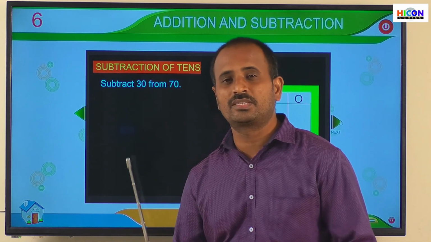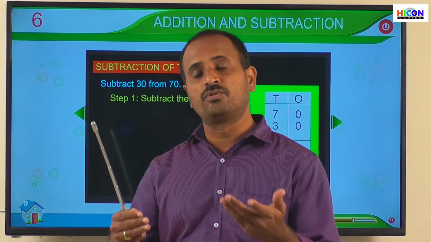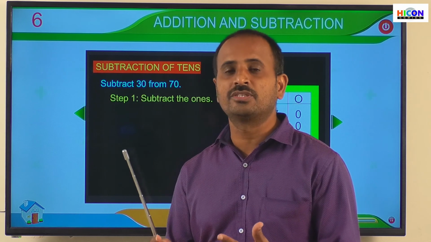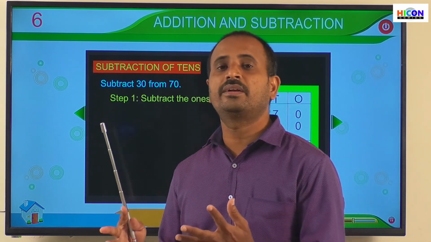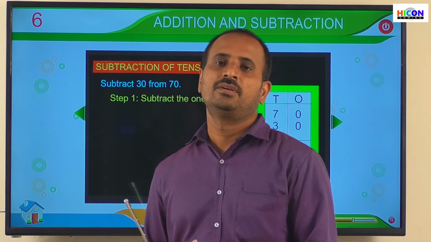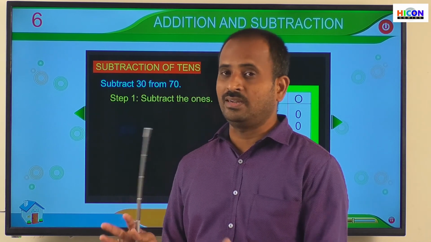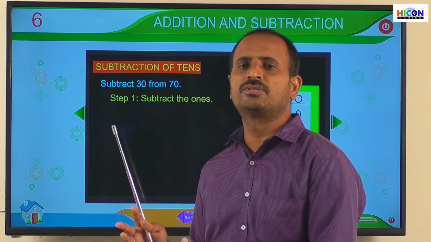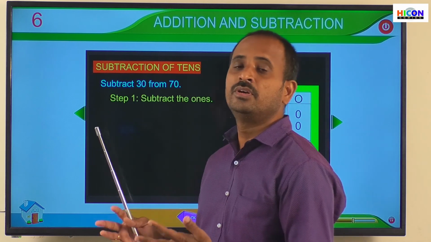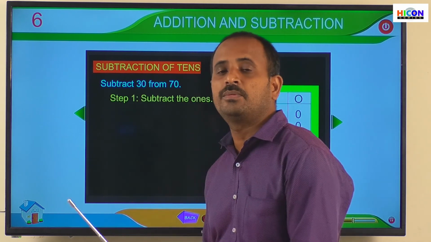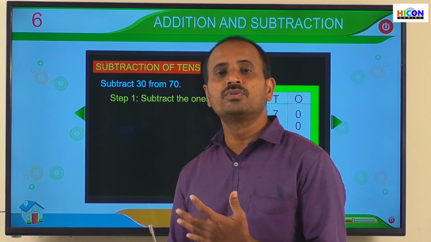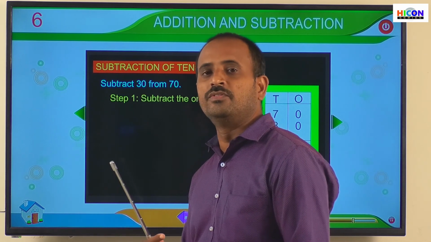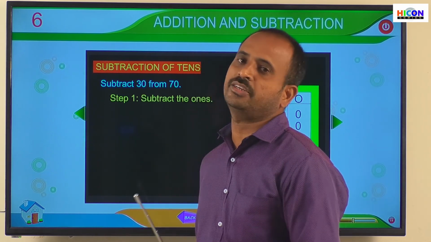So up to now we have discussed addition of two-digit numbers and addition of three numbers, and how to do additions on the number line, and also we have practiced word problems on addition. So now we are going to the second part, that is subtraction. In this topic we will learn the subtraction of two-digit numbers, how to do subtraction on the number line, how to subtract two-digit numbers without carrying and with carrying, and also we will practice some word problems on subtraction.